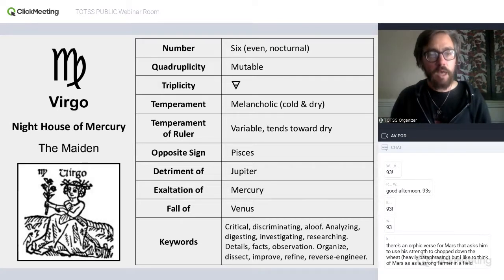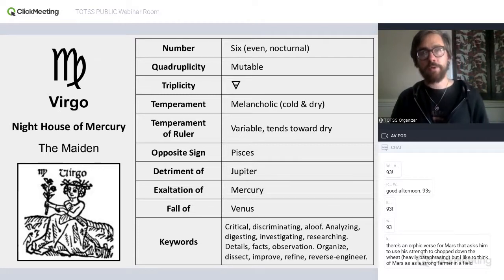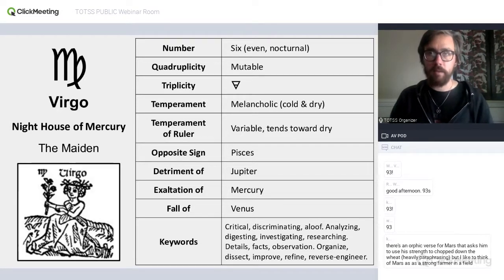Now, interestingly, not only is Virgo ruled by Mercury, but Mercury is also exalted in Virgo, and this is the only sign in which the ruler is actually exalted in the sign. Part of this is Mercury breaking rules. We didn't really have a chance to get into a lot of depth with the exaltation scheme last time, but there's a particular pattern involved with the aspects to the sign that a planet is exalted in. So I'll just say it now.